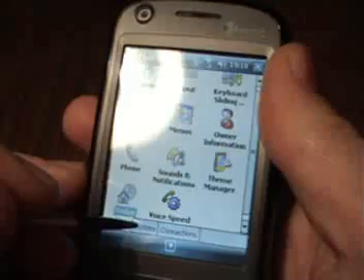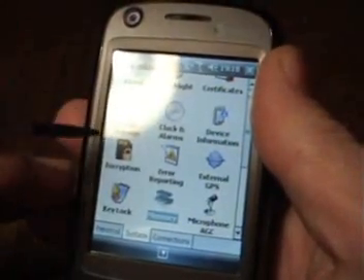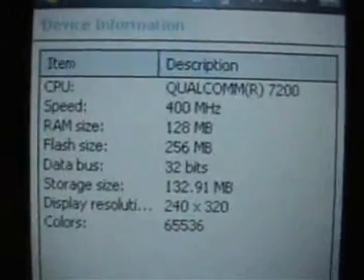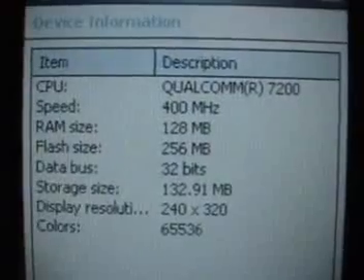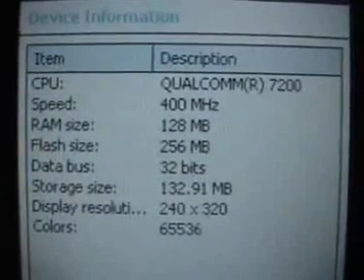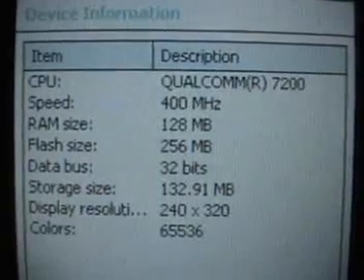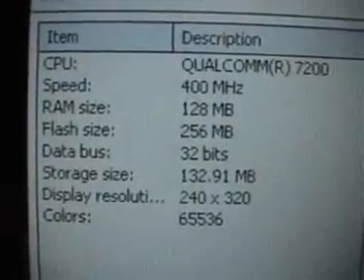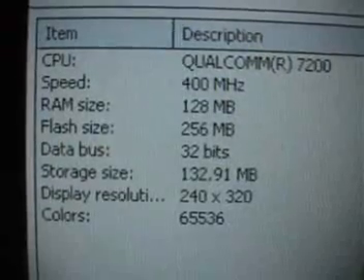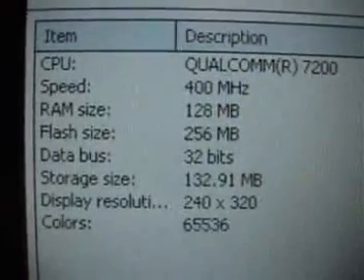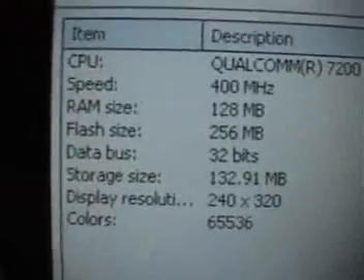Let's have a look at the actual configuration. Go into System and we'll have a look at device information. What we've got here is a CPU, the Qualcomm 7200, operating at 400 MHz. You've got a RAM size of 128 megabytes, flash ROM of 256 megabytes, and a storage size of just shy of 133 megabytes. Now, as I say, I had an HTC Touch, and one of the problems with that device